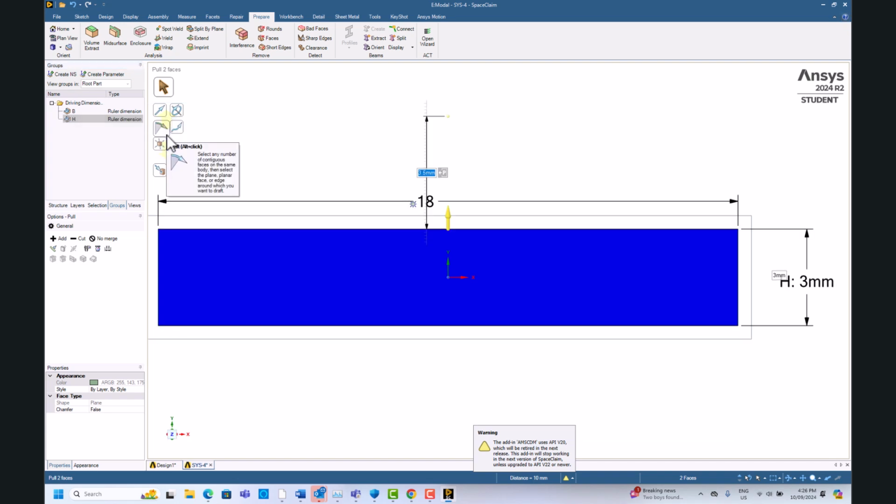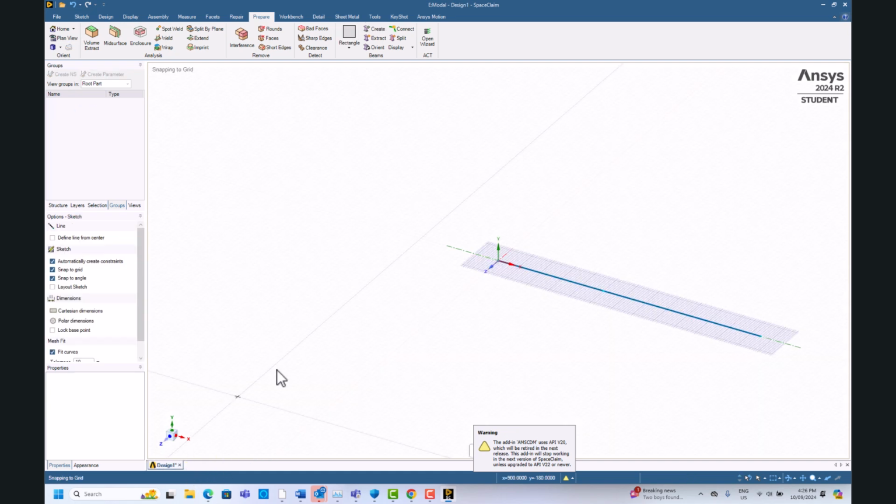Okay, so that's our cross section. So it's done. Close it. Now I have to assign my cross section to my geometry. So all you need to do is